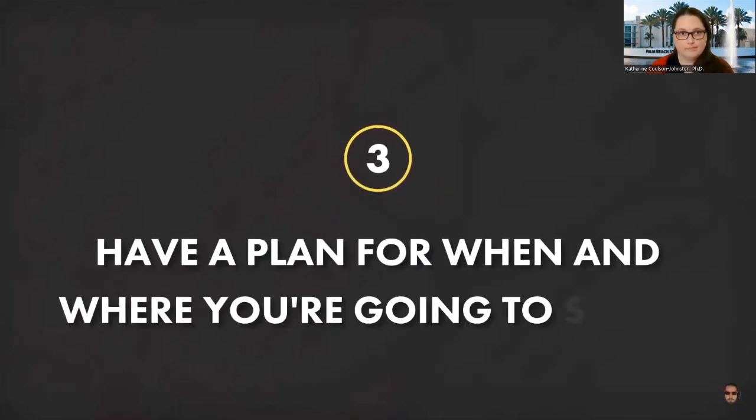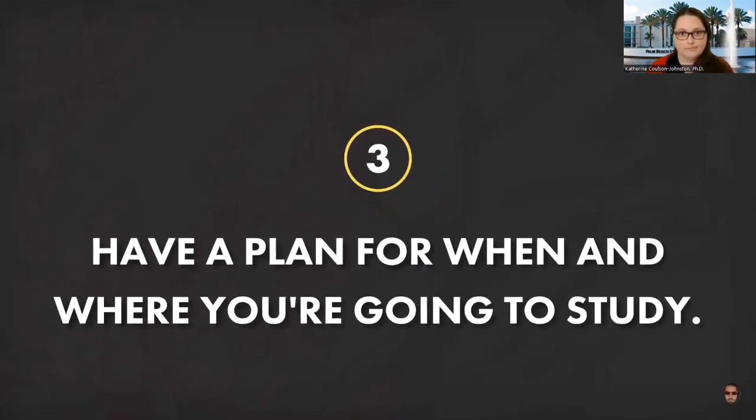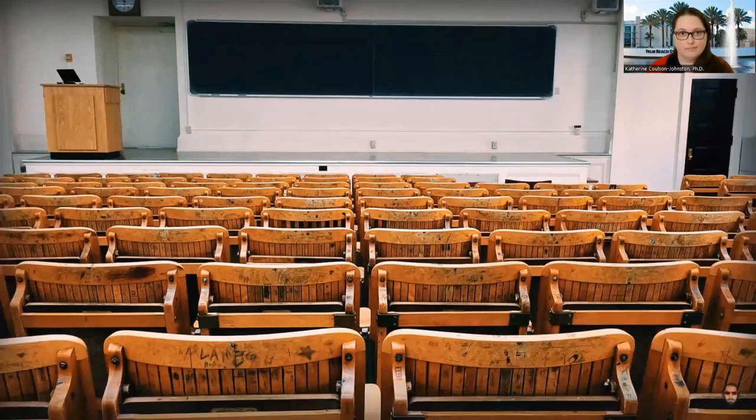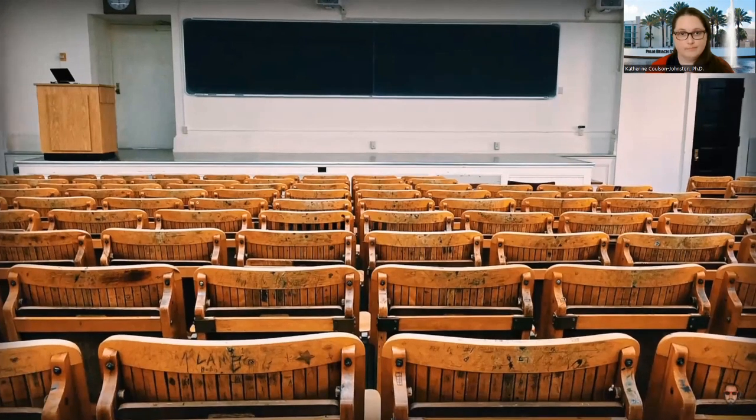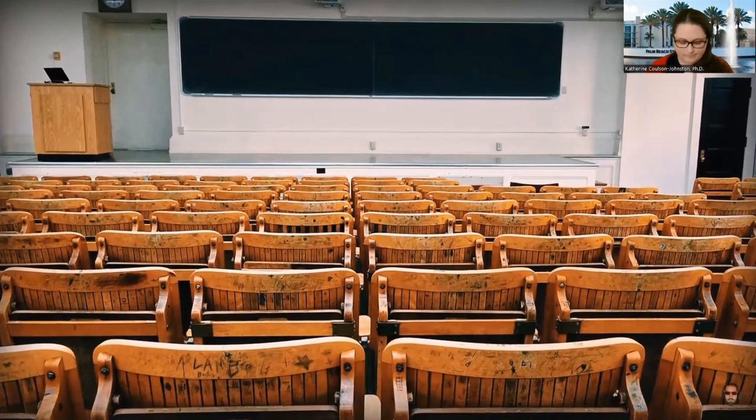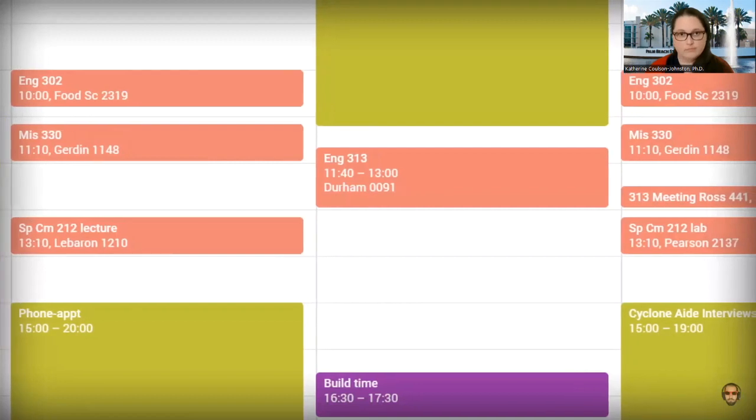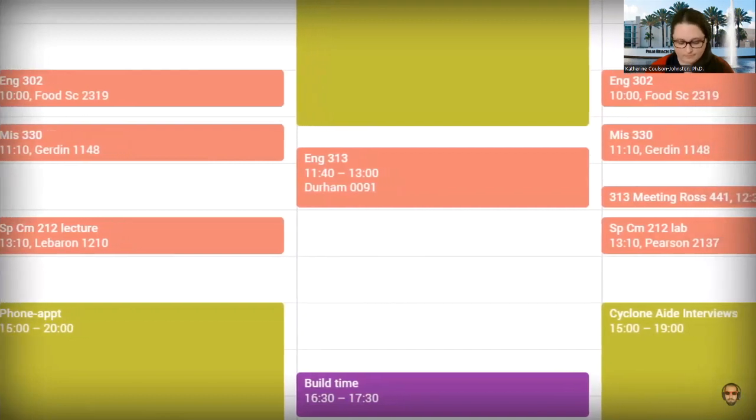Tip number 3 is to have a plan when it comes to your homework and your study time. So if you think about your class time, that is highly regimented. You have a specific place you're supposed to be, and the class is happening at a specific time. And as a result, you almost always show up on time. There's really no decision you have to make. You just kind of do it because you know that's part of your schedule. So why not apply that logic to your homework and study time?